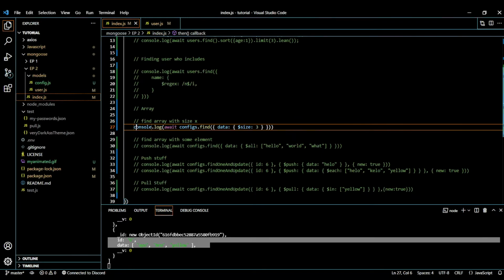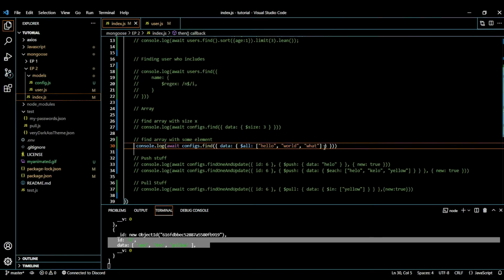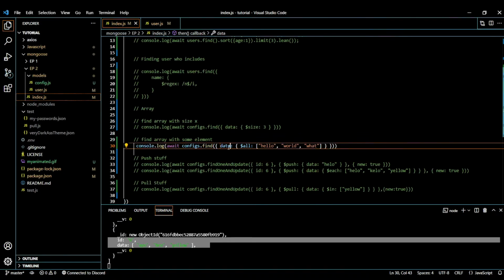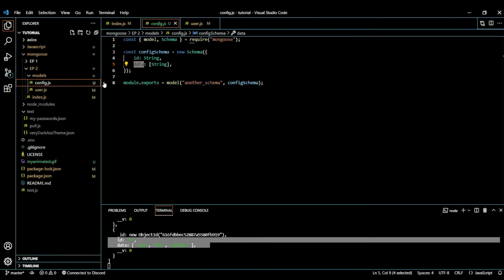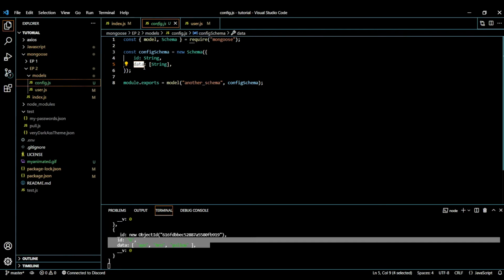All right, let me just comment this thing. And now probably you want to find an array which has these elements inside it, for example hello, world, and what. For that we just have to do a simple thing. We will just get the data property. To be honest, let me show you what this data property is. By data property I just mean the key to an array type property.